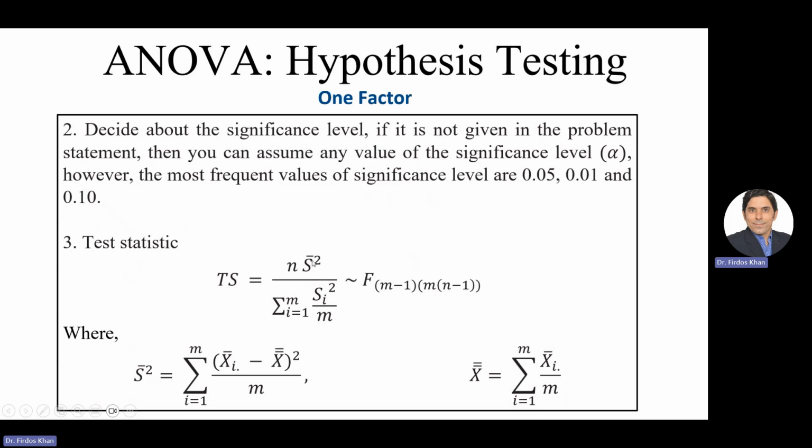Now, what are these quantities? S bar square is equal to the sum from i equals 1 to m of (x i dot minus x double bar) whole square, divided by m. So this means that we have